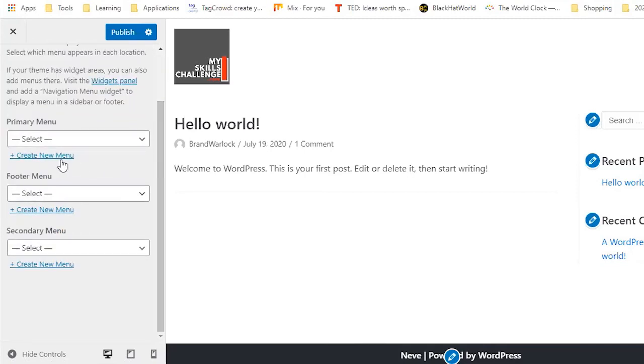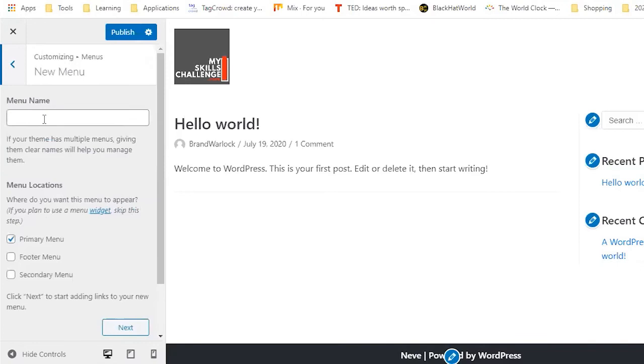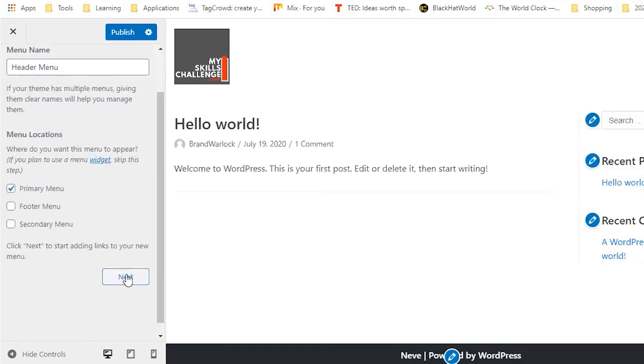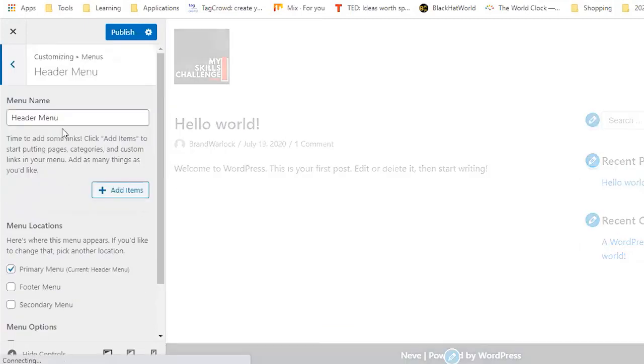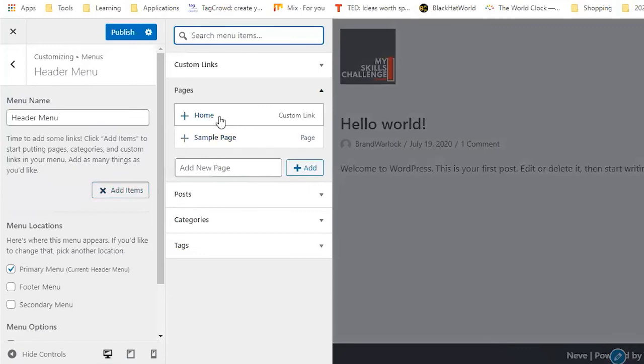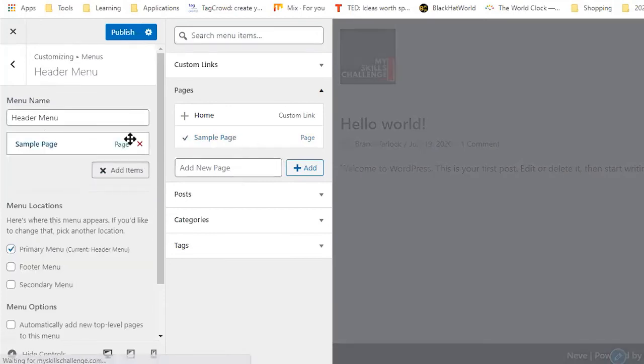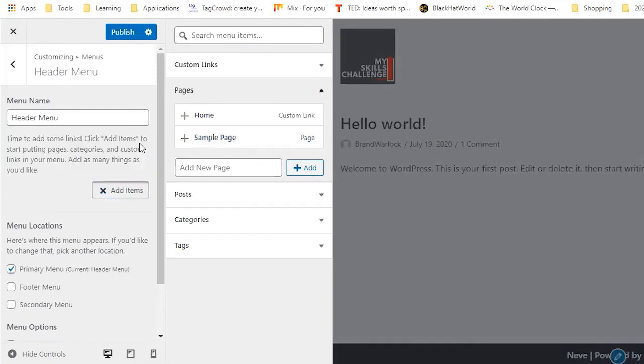So I'm going to create a primary menu here. Let's call it header menu, and click next. So what do we want to add to our header menu? Let me click. I want our home page, then I want a page. I don't want this to be called sample page. Let me remove it. I want another page called